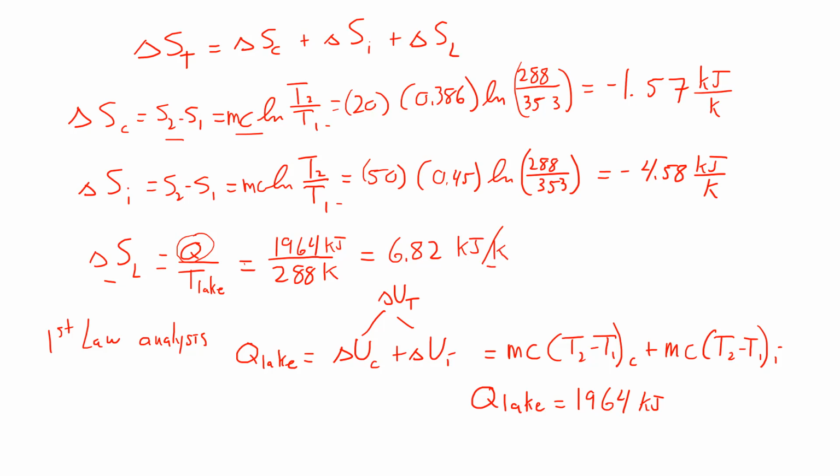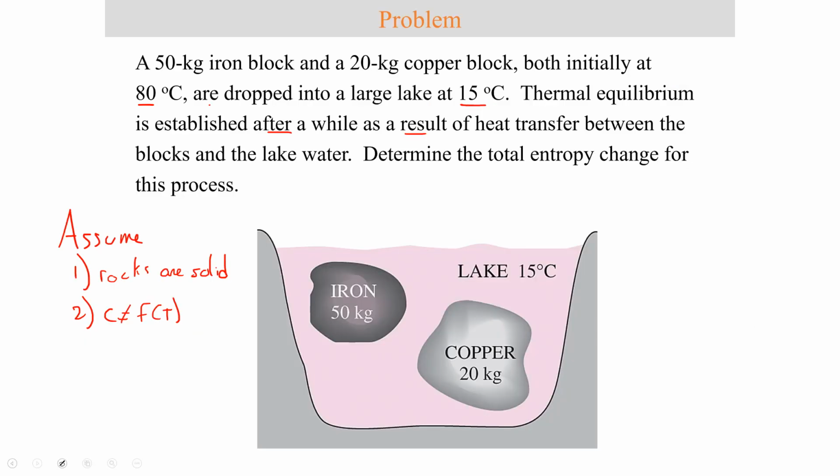So if I add this term and this term together, I get that the total entropy change for this whole process is 0.67 kilojoules per Kelvin. And what's interesting is that that would be the entropy generated,